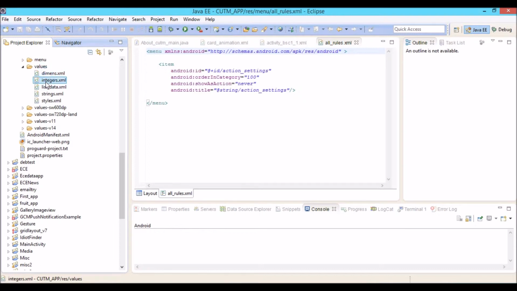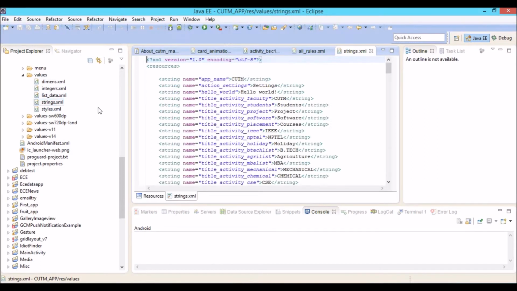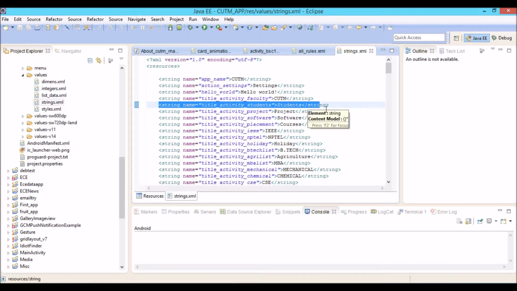But the most important pre-defined files are dimensions, strings and styles. The strings file contains the required text data for the app in string format. As you can see, all data is stored in string format.